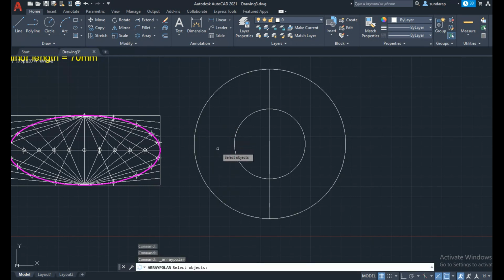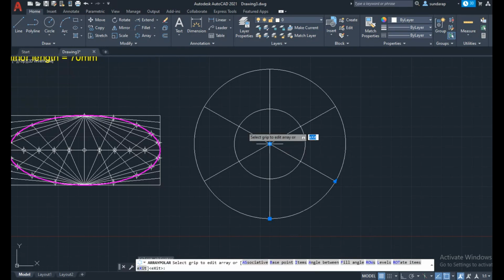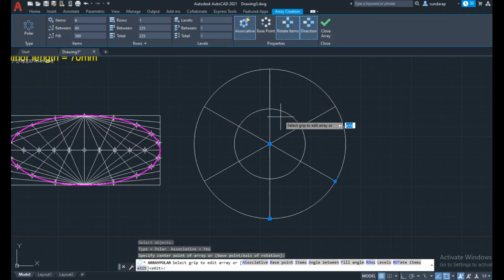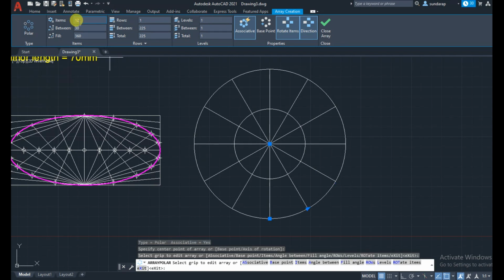Select the line object, press enter, then select the center point. So we got the array. Here I need to divide into 12 equal parts, but if you want, you can use 8 or 18 equal parts, that is your wish.